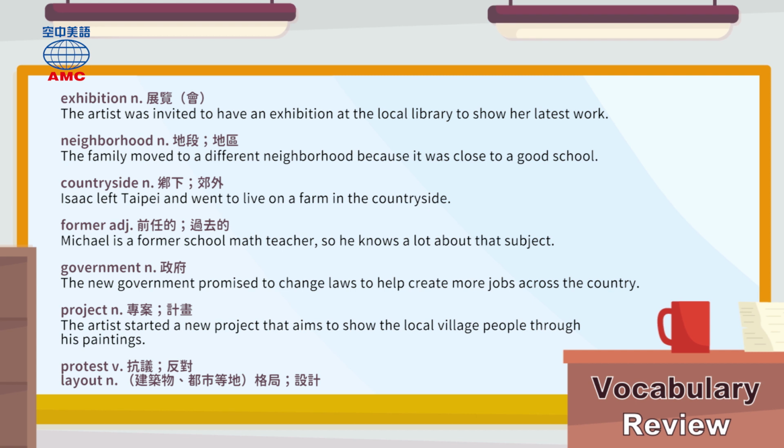Here's an example sentence for countryside. Emma likes to go walking in the countryside on the weekends. Now, if Emma went walking in Yangmingshan, then we could also say that she went walking in a national park. That's a special part of the countryside that is very beautiful and is protected by the government, a 国家公园。 再来，课文告诉我们，这个